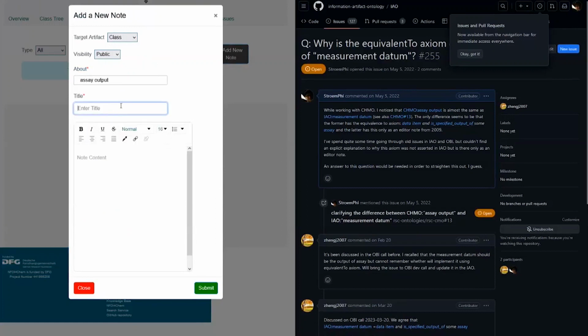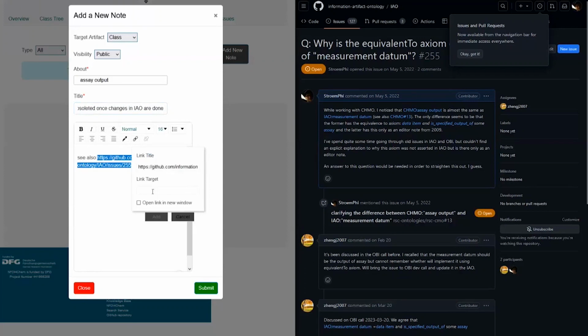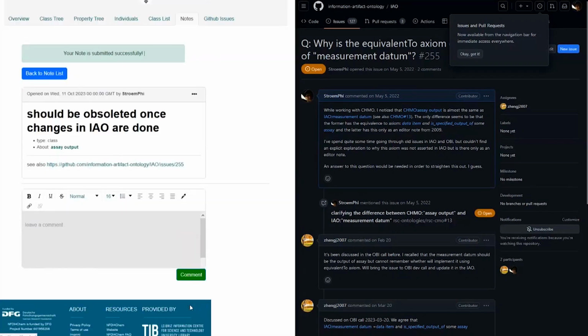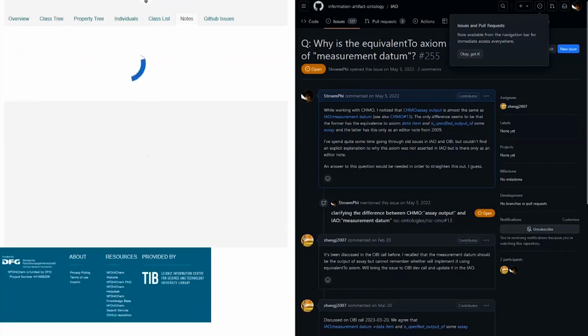Selecting the class should be obsoleted once changes in IAO are done. I'm doing this live here, could be better. See also this link. Let's make a hyperlink. Do we open up a new tab? Submit, done. Of course, we could add a little bit more context in the text, but now if we make this a little bit bigger,